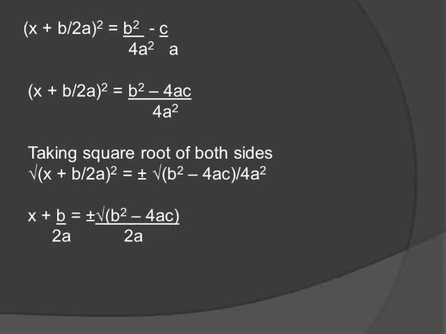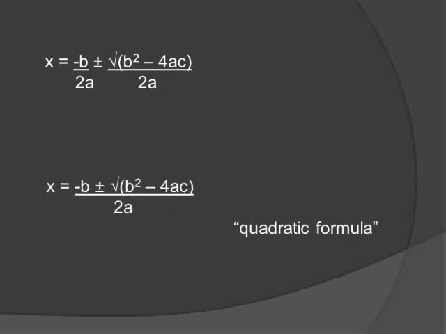By taking the term b over 2a on the right side, we will get the equation as x equal to minus b over 2a plus minus under root b square minus 4ac over 2a. By taking the LCM on this equation, we will get the value of x as minus b plus minus under root b square minus 4ac over 2a, which is our required quadratic formula. We can solve our questions by using this formula.